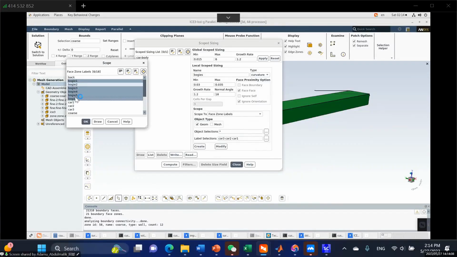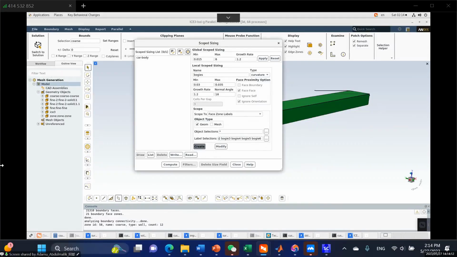Okay, buggy 1, 2, 3 up to 6. I'll press OK, and I'll now come here and then create. So this is the buggies. So the next is the